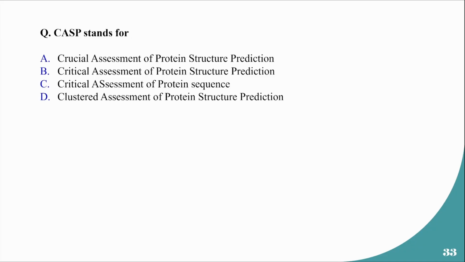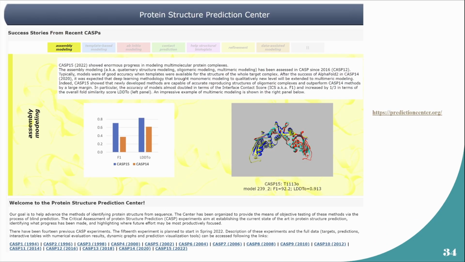So CASP essentially stands for Critical Assessment of Protein Structure Prediction. It is a widely regarded competition for the assessment of different algorithms that can predict protein structures. And of course, we know the history of CASP. CASP was started by Professor John Moult from the University of Maryland, and his colleagues. They started this competition